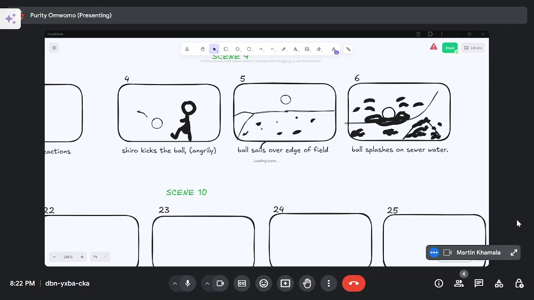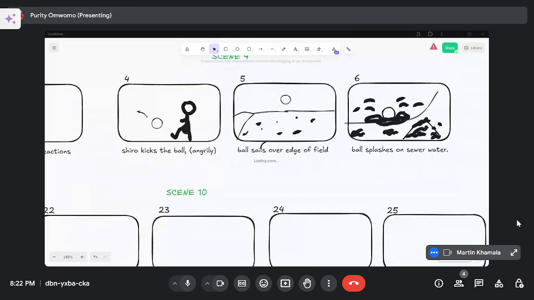Go ahead. Yeah, okay. So, first of all, I really love this. I think it's really nice to see it coming into shape. And then the one comment that I would have is, and it lines up with what you're saying, that's what I was thinking was a good time to say it, is there's a way we can introduce mystery here so that we don't show the dump yet, in the sense that when the ball goes over, we can see it from the perspective maybe of Shiro, where we just see it going over the edge.